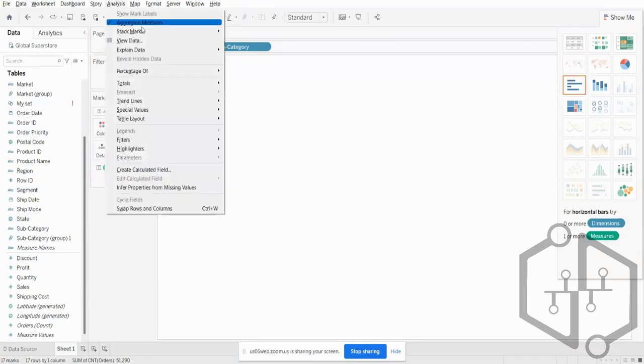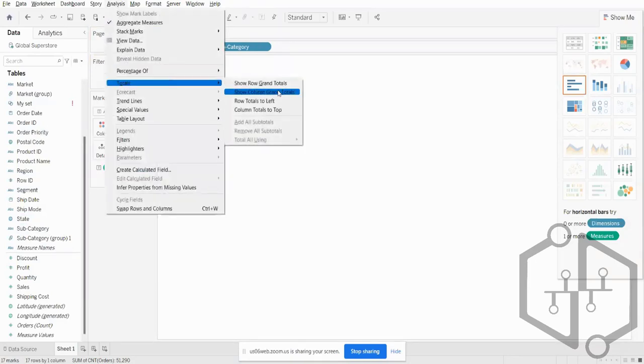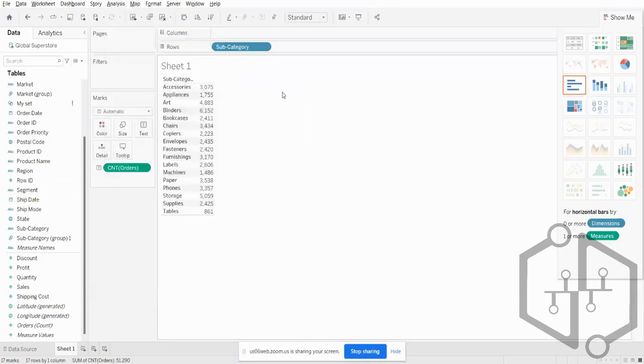You can go to analysis, go to totals, and show column grand totals. When you select show column grand totals, you see it is 51,290, which we were seeing earlier, bifurcated by subcategories, right? So that's how you can check